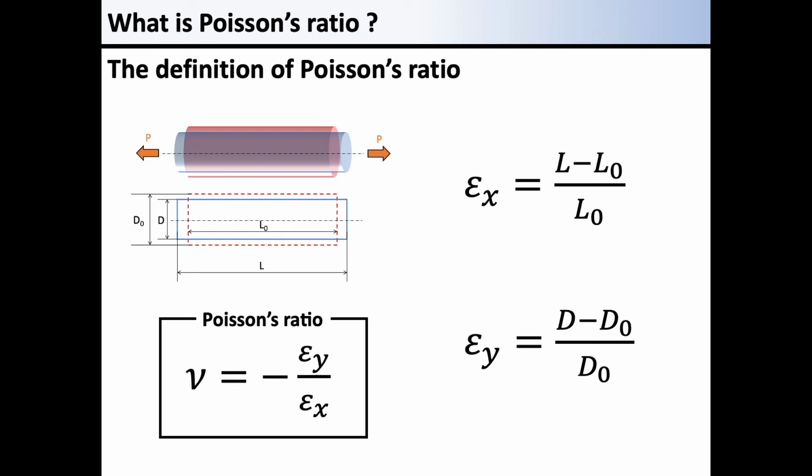Then, Poisson's ratio is defined by the equation. This is the definition of Poisson's ratio. In other words, it is the value of the horizontal strain divided by the vertical strain. It is the rate of slimming, which is how much the material has become slimmer. As I mentioned earlier, the signs of epsilon x and epsilon y are usually opposite. So, we will add a negative sign and call this ratio Poisson's ratio.